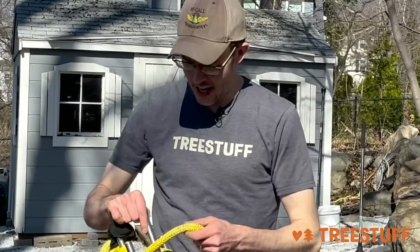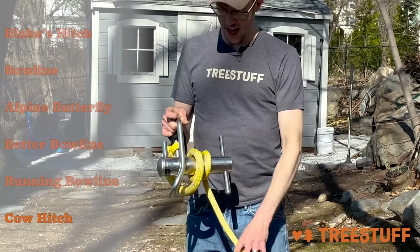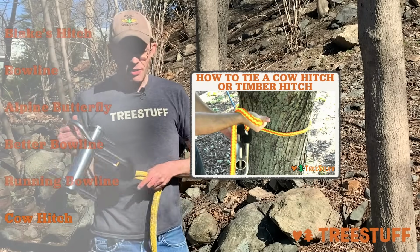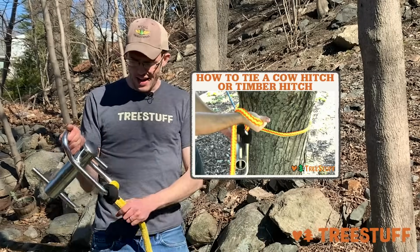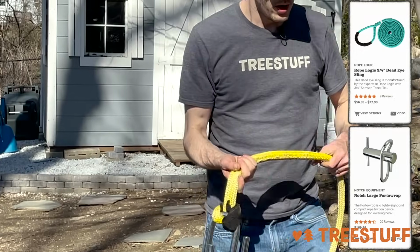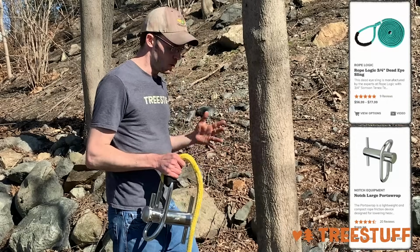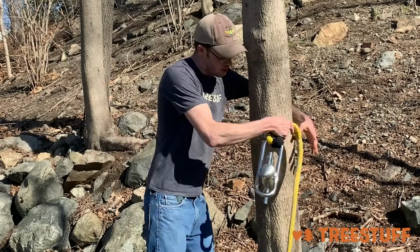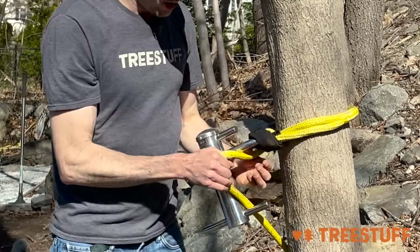So the last knot that I want to cover today is called the cow hitch. We have a video just on this knot actually, but I think the more people that learn this, the better. The cow hitch is great. It can be tied with essentially just a single strand of rope. Here I have a dead eye attached to a porta wrap just so we have an implement to show you. This is going to be used to snugly attach a rigging tool to an anchor or a branch or something like that. So I'm going to go ahead and pass the rope around the tree, and I will always